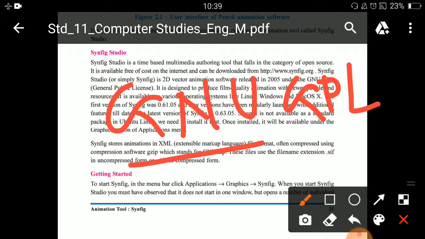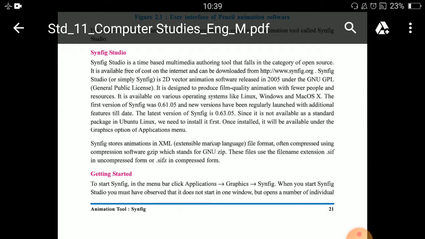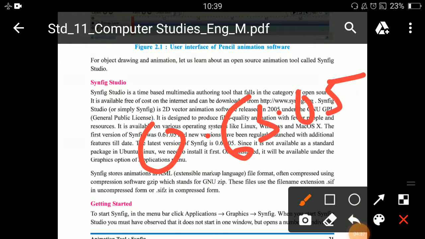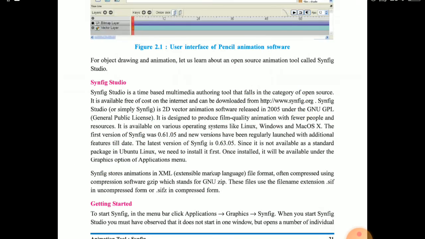GNU means General Public License. Okay, and the latest version of Synfig is 0.63.05. Here again your MCQ. The latest version of Synfig is, so the latest version of Synfig is 0.63.05.